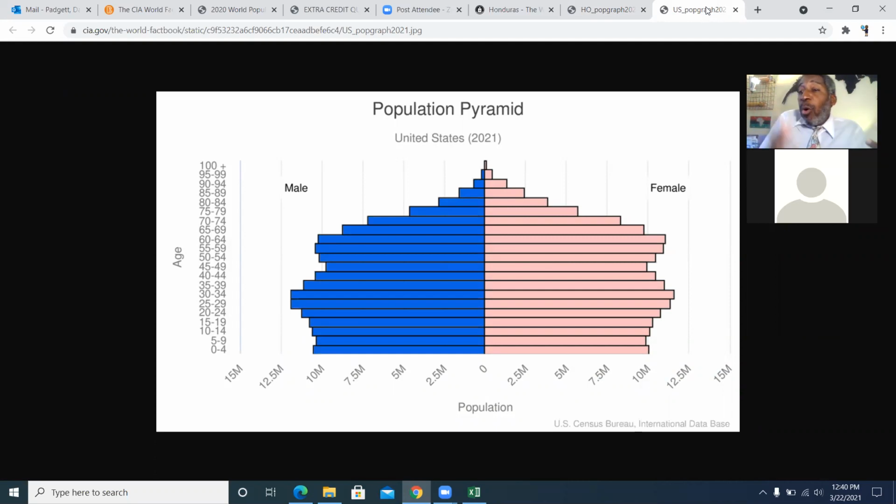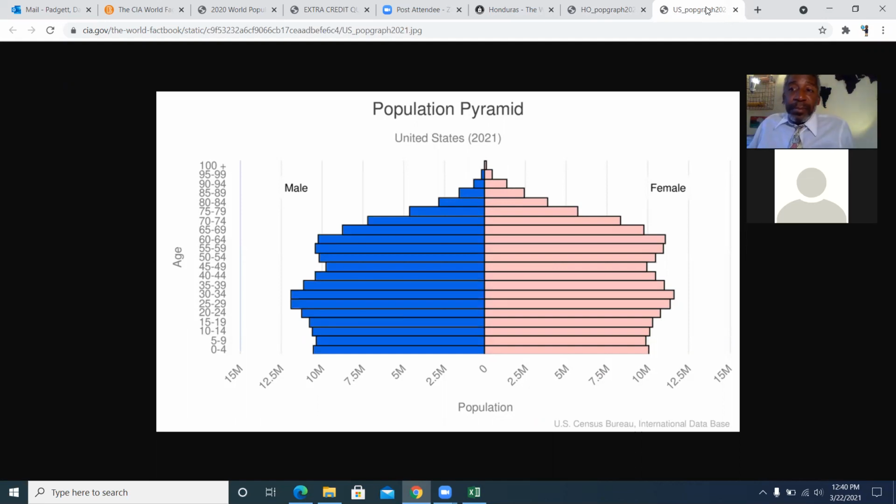So because we have an older population, we have a higher death rate in the United States. There's some things that all the medicine in the world can't cure, right? Our life expectancy, we don't have people living forever right now. Okay, we've extended life to some degree, but people aren't living to 500 years of age. That's not happening. So we have a